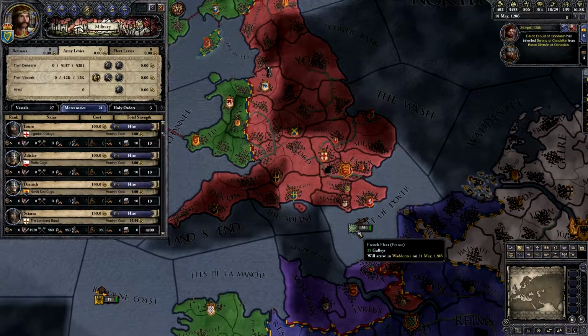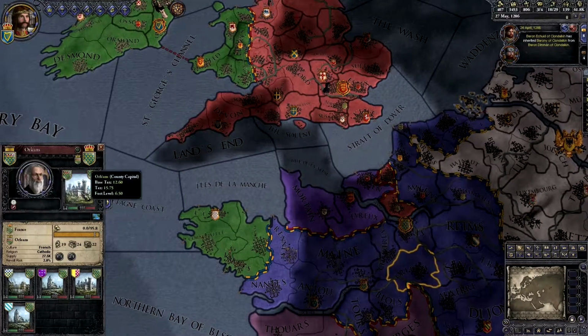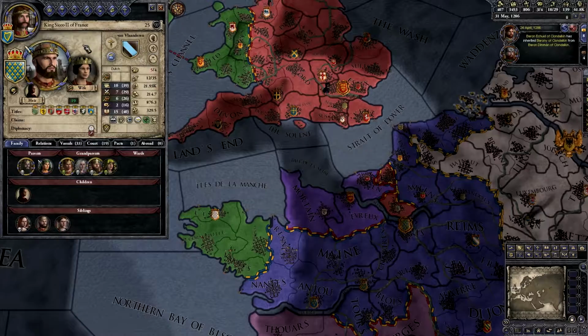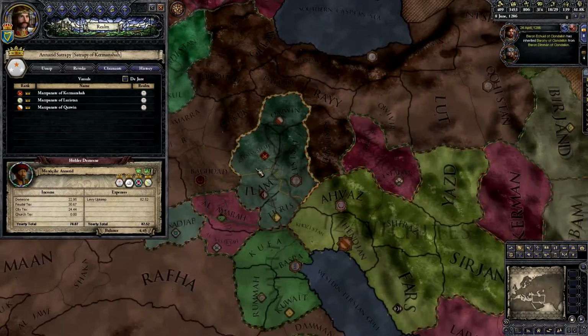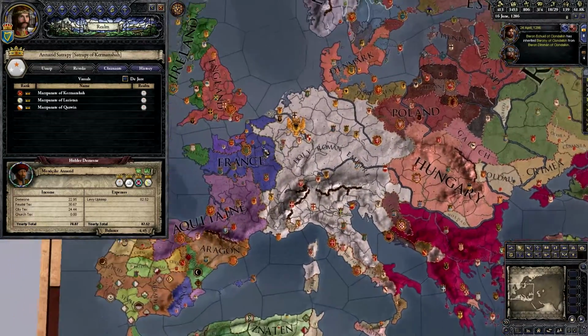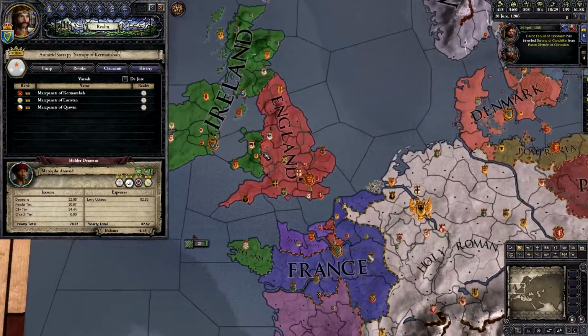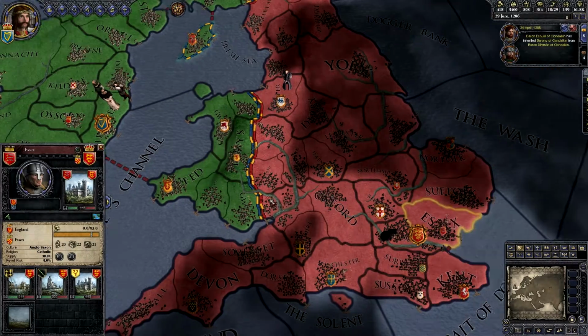Is that France? So France is involved in something. What are you doing? You are defending against the Caliph's crusade for Jerusalem. Okay, so France is heading down to Jerusalem. If England was to join the crusade...